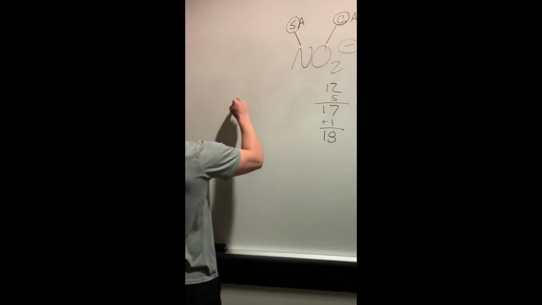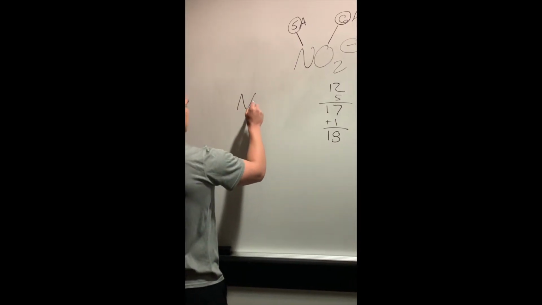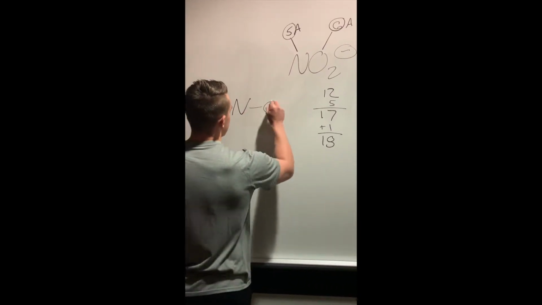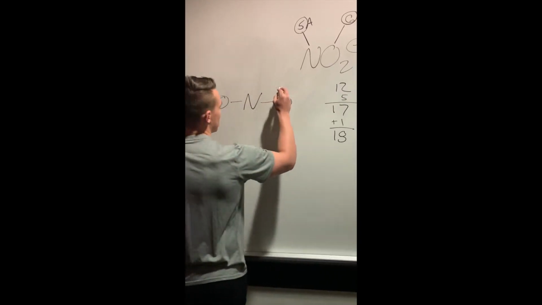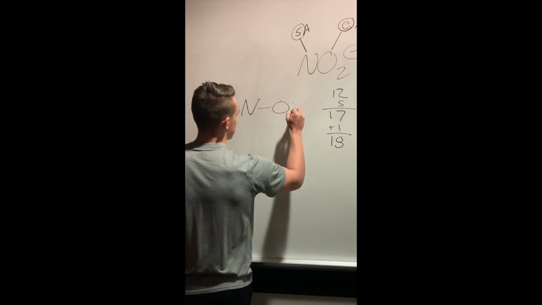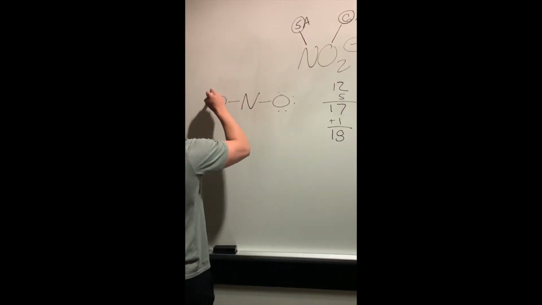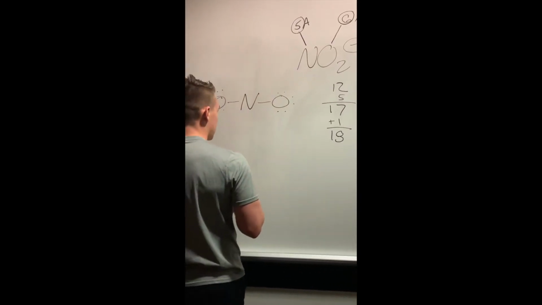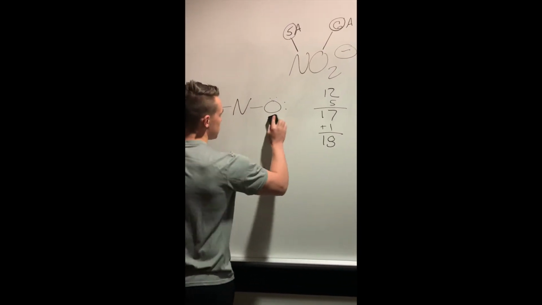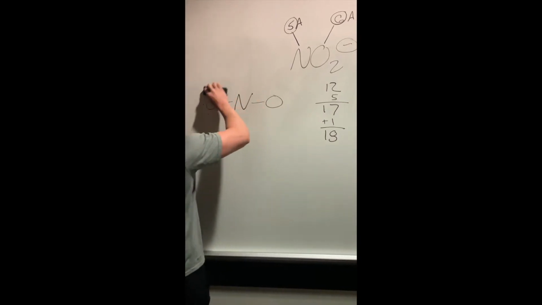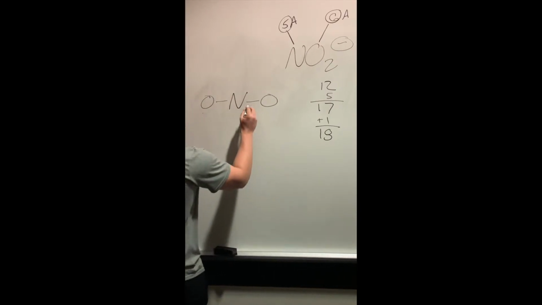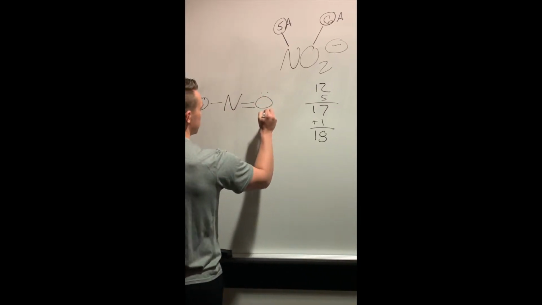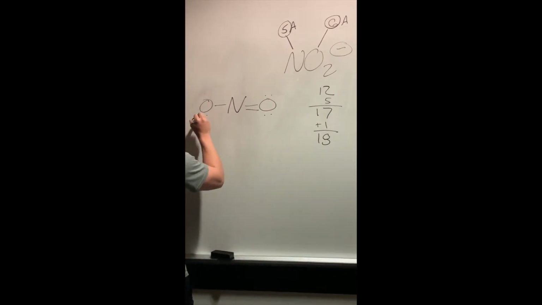So the central atom is going to be nitrogen because it is the least electronegative. I'm going to draw 2 terminal oxygens, and then we're going to start by adding the electrons. And we soon find out that there's an issue that does not follow the octet rule. So I'm going to erase those. We're going to double bond this oxygen right here to do 2 lone pairs, and we're still going to keep